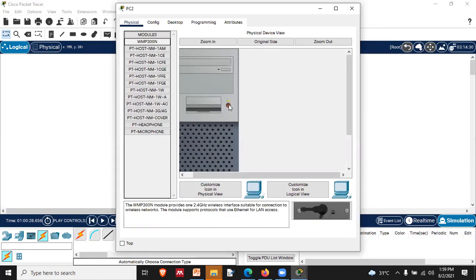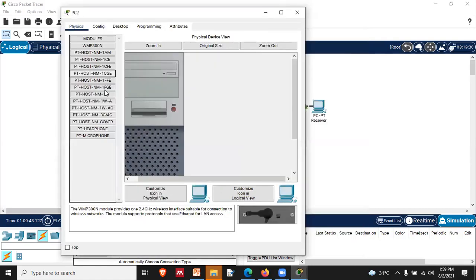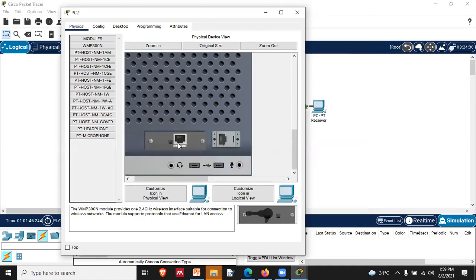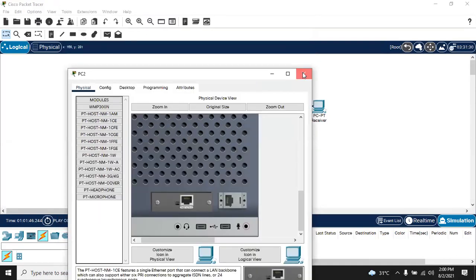And from this key button, you can switch it on and switch it off. You can see that I have switched off the PC2, right? So it is not there now, and it can easily be switched on, right? This way, you can see. And over here, this is the LAN we have, this is a fast Ethernet. So we simply have this option available over here. We can simply drag and drop it this way, so that module will be available to us.